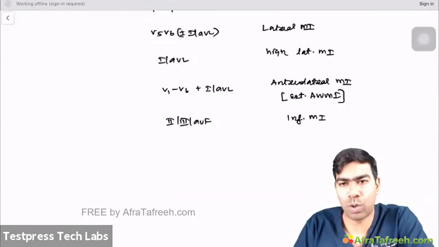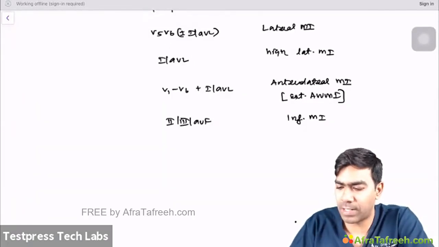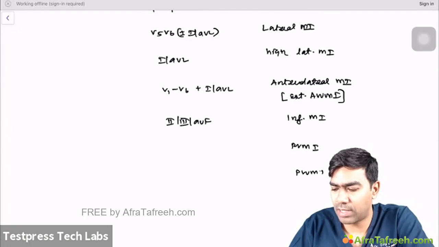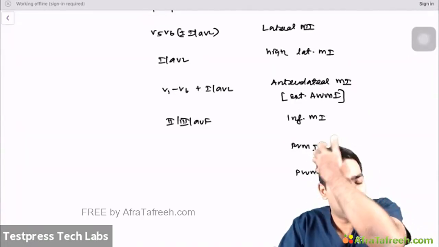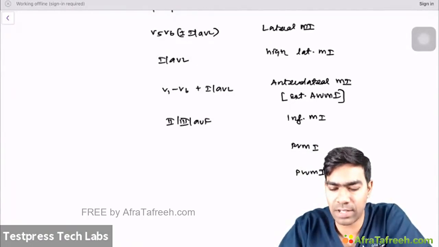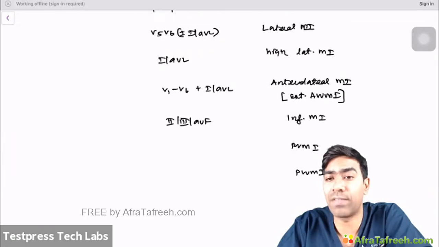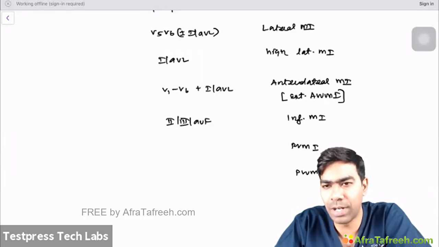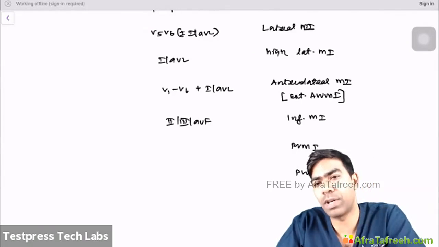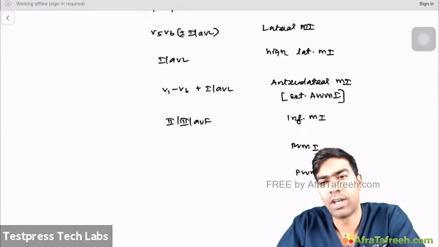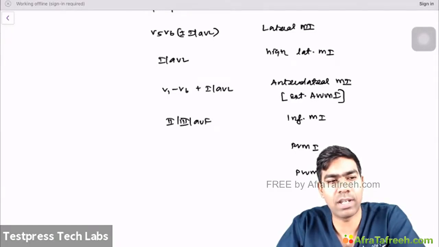And you have two more MIs that you need to know. That is right ventricular MI, and you have a posterior wall MI. And this is a very important pitfall or problem with the 12-lead ECG system, because the 12-lead ECG that we have designed is basically going to see the left ventricle only, predominantly. To be honest, whether you believe it or not, it's designed in such a way that it sees the left ventricle properly. It doesn't see the right ventricle properly at all. And at the same time, one problem is it doesn't really see the